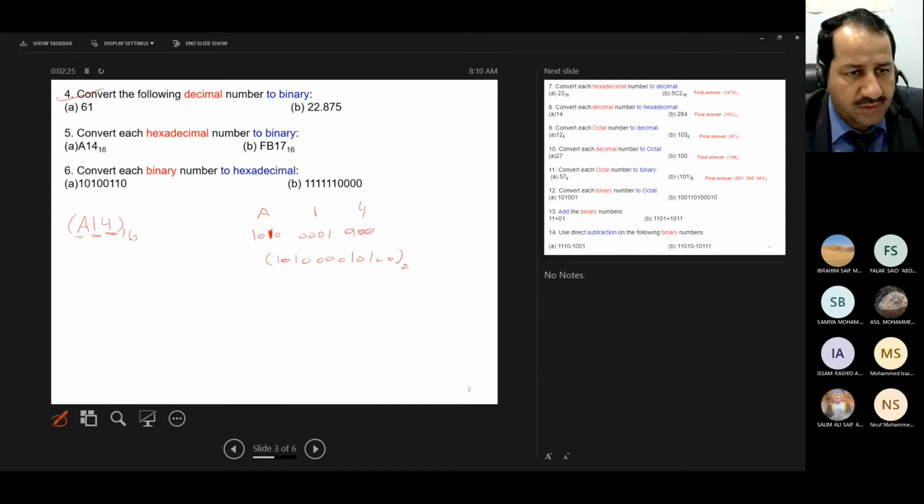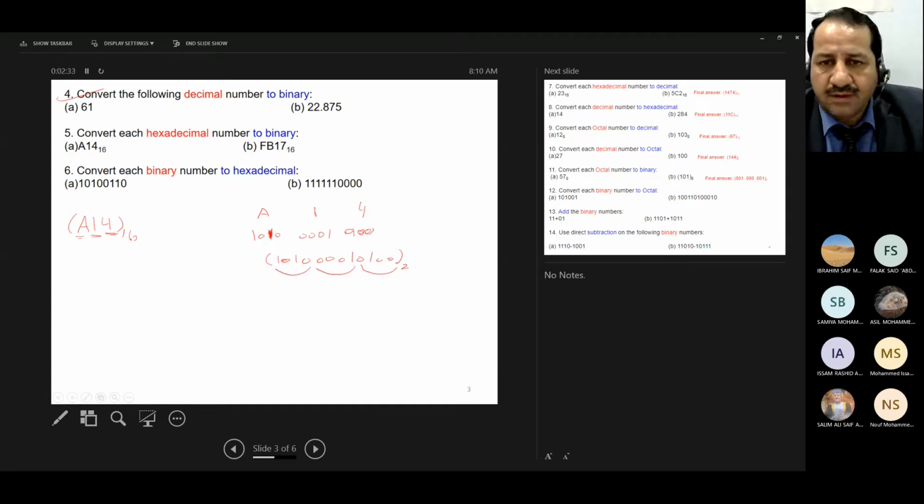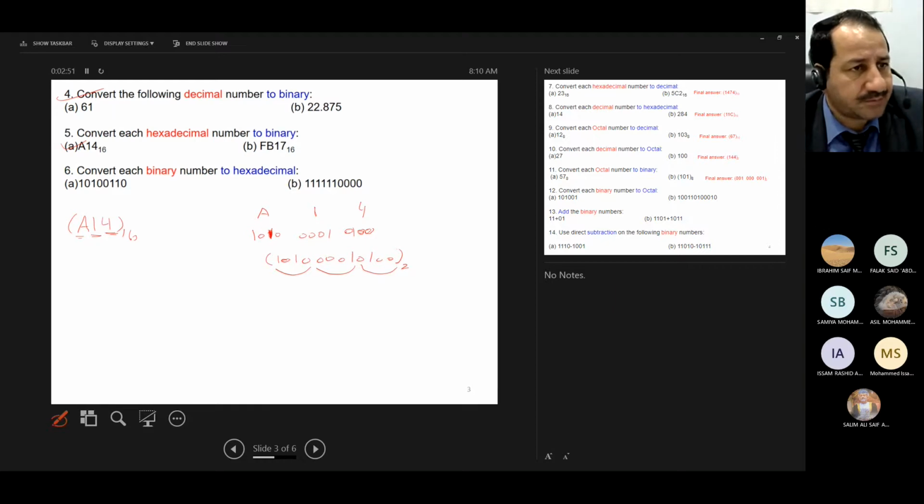You see here, these are the first 4, these are the second 4, these are the third 4. Now, this is for the first number. Again, when we want to convert hexadecimal into binary, each digit is represented by 4 bits, and then we put them together, starting from the least to the most significant bit. Now, the second number here is